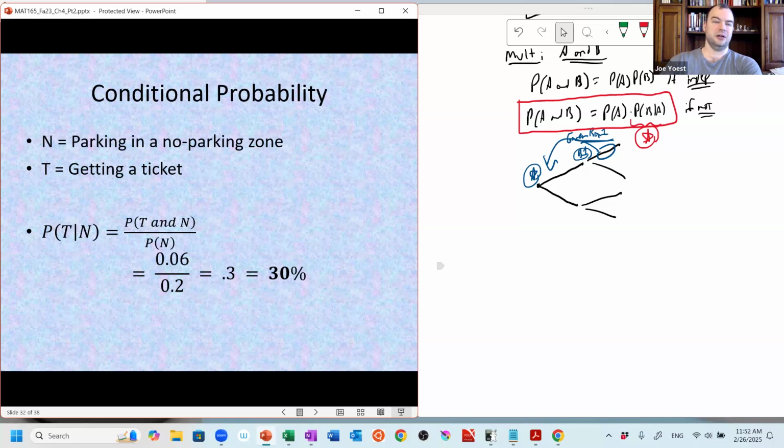So when I left the house this morning, I estimated there would be a 6% chance that I would have to park in a no parking zone and get a ticket. But now, given that I got to campus, the parking situation's bad, and I know that I parked in a no parking zone, my probability of getting a ticket has increased fivefold. Or dividing by 0.2, that's multiplying by 5. It's increased fivefold to 30%. I now have a 30% expectation of getting a ticket today, given that I parked in a no parking zone. Any questions on any of this?